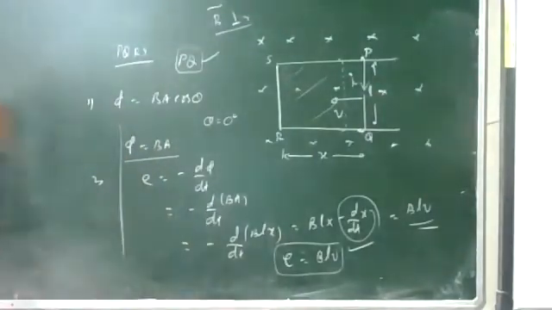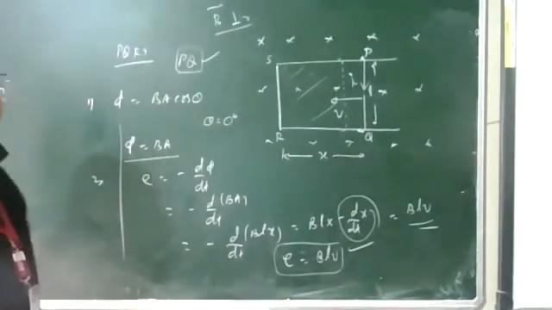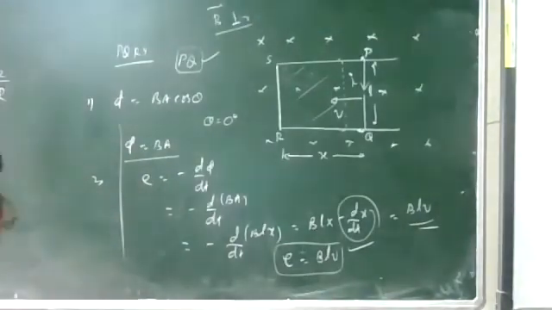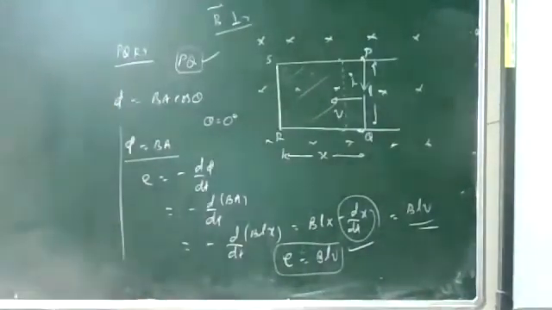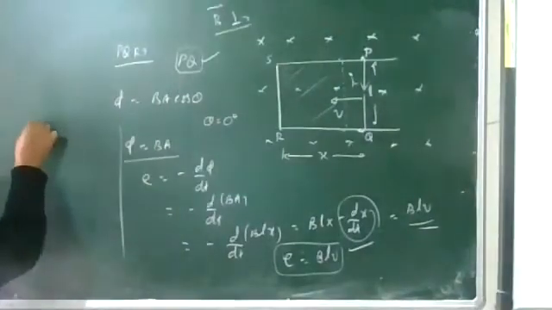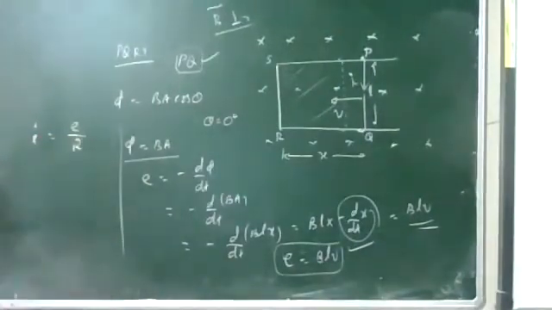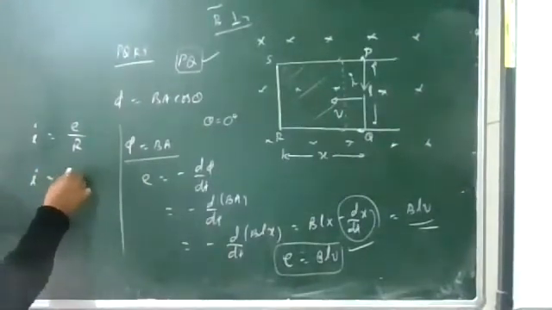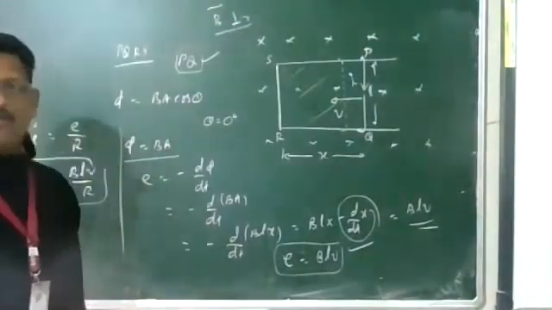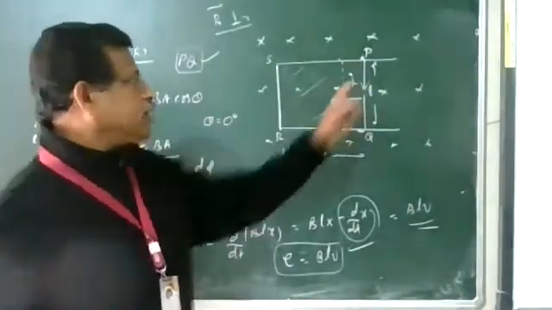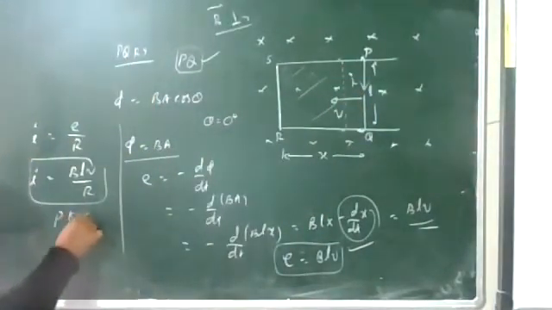So what is the induced current here? I is equal to E divided by R, where R is the resistance of the portion PQ. The rest of the circuit, QR, RS and SP, has negligible resistance. So I is equal to BLv divided by R. This is the next equation. What is the direction of the current? It is given by Fleming's rule, and it is from P to Q. Yes, this is the first point.